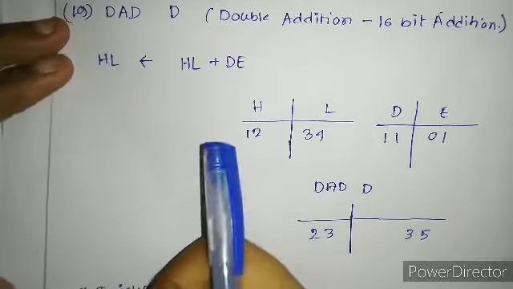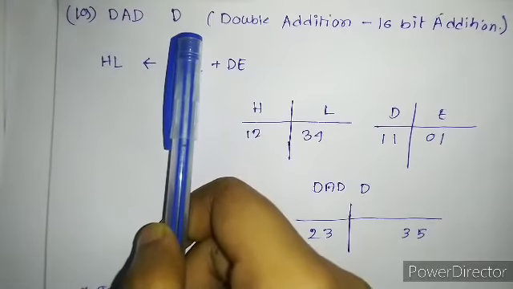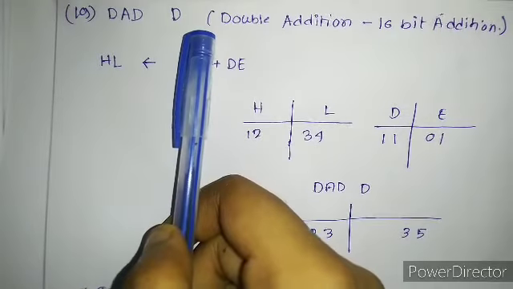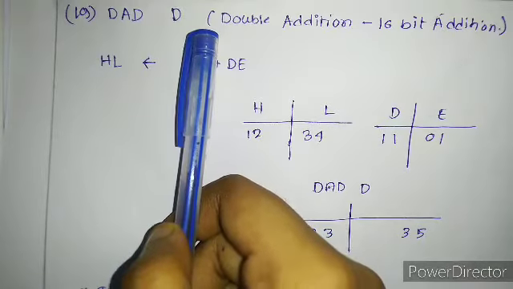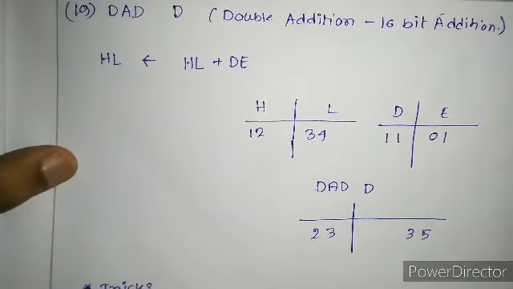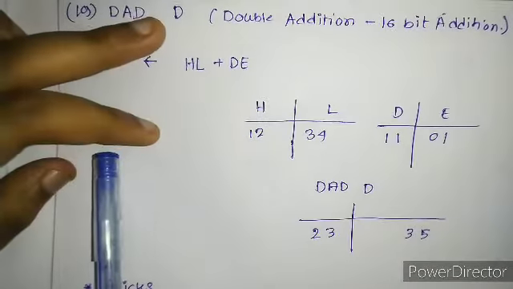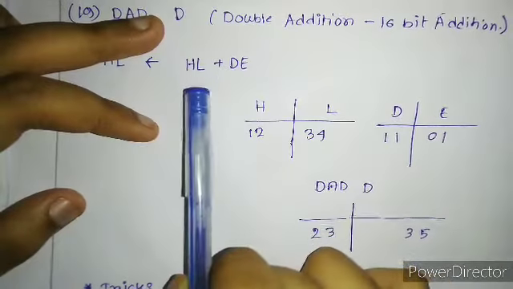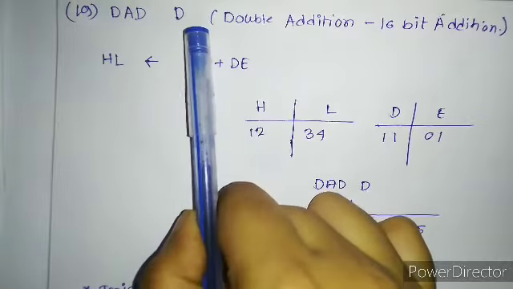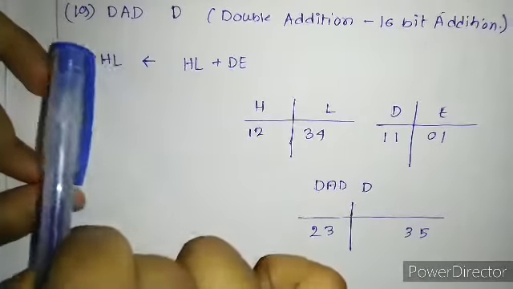But as I've told you, the instruction looks like this: DAD D. You know that DAD can only be applicable on a 16-bit register pair. So the accumulator can't be used, it's 8-bit. So here the accumulator role is played by the HL pair. I've just told you 5 minutes before, I think. So what the instruction does is add the value of HL with the register pair mentioned here. See, D means obviously DE. So what the instruction does is HL plus DE, then store the result in HL.